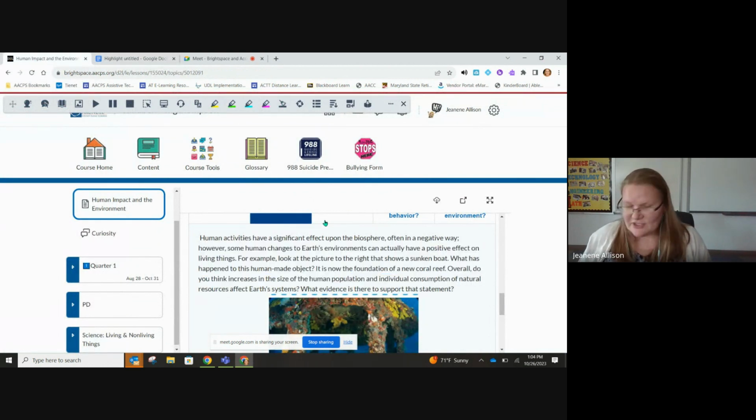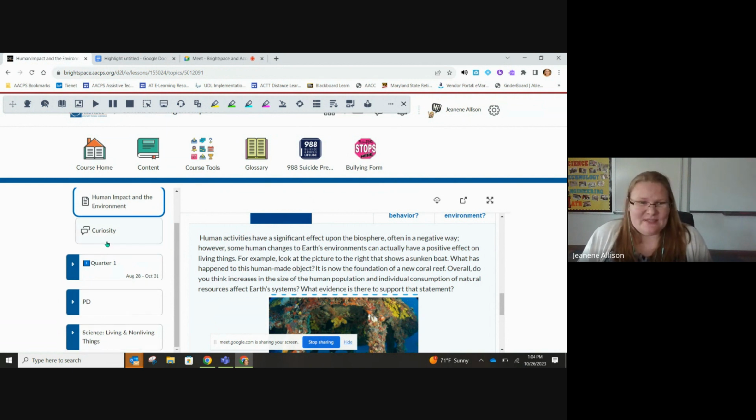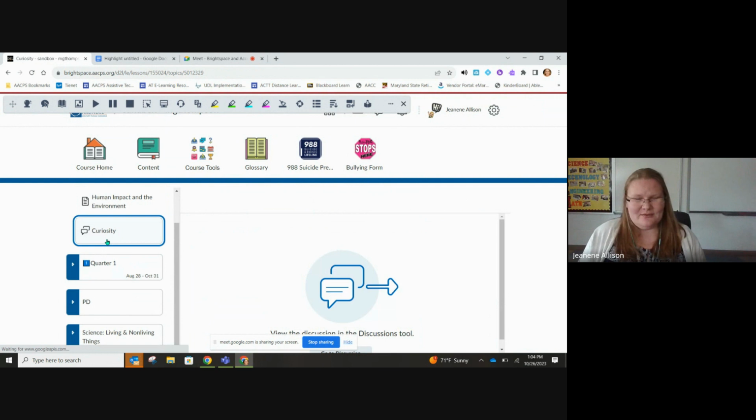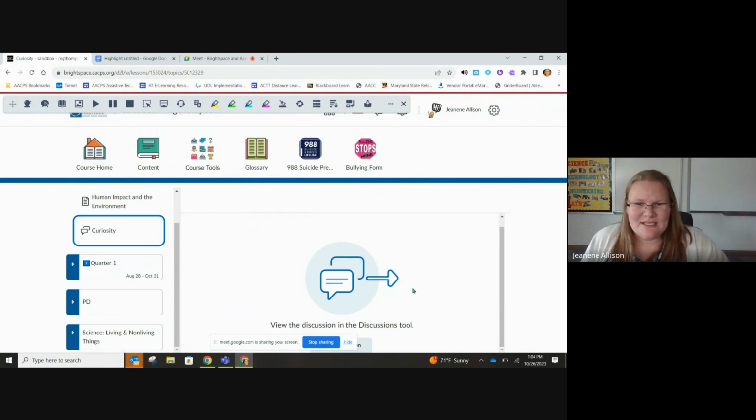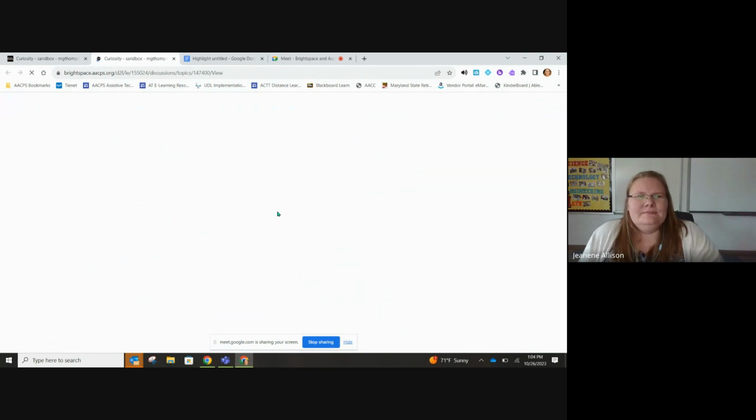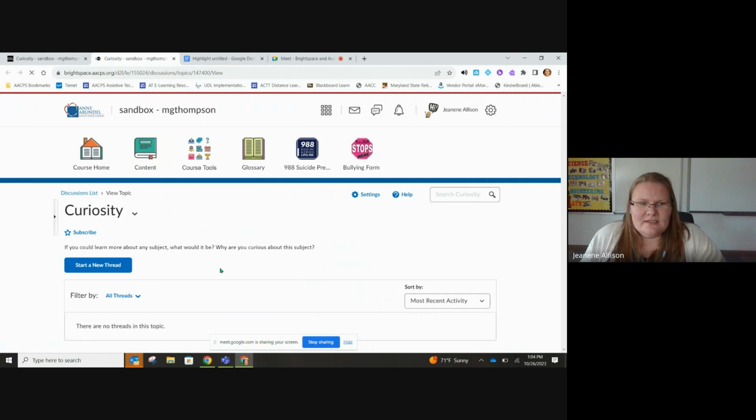Another tool that I wanted to show you guys is what it looks like using the word prediction and talk and type within Brightspace as well. So for that, we have this little writing discussion board that I can open up. The prompt for this would be, if you could learn more about any subject, what would it be? And why are you curious about the subject? So if I want to start a new thread,